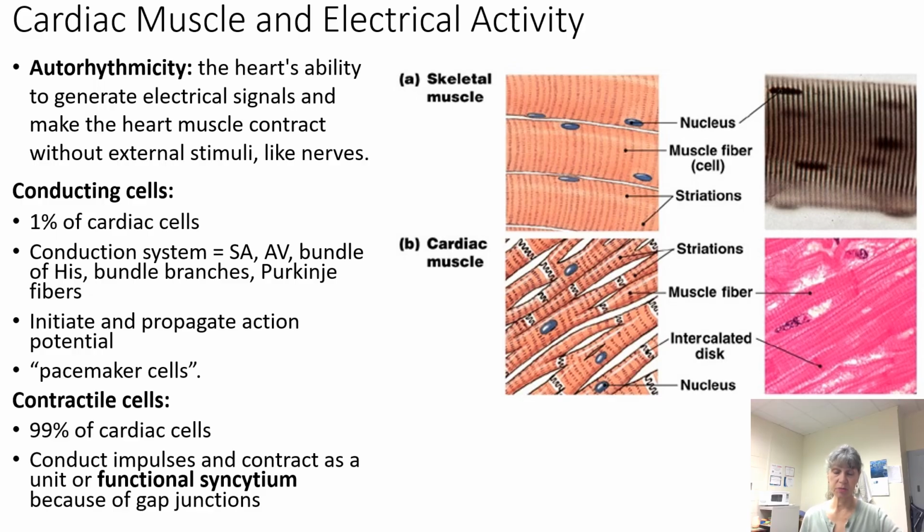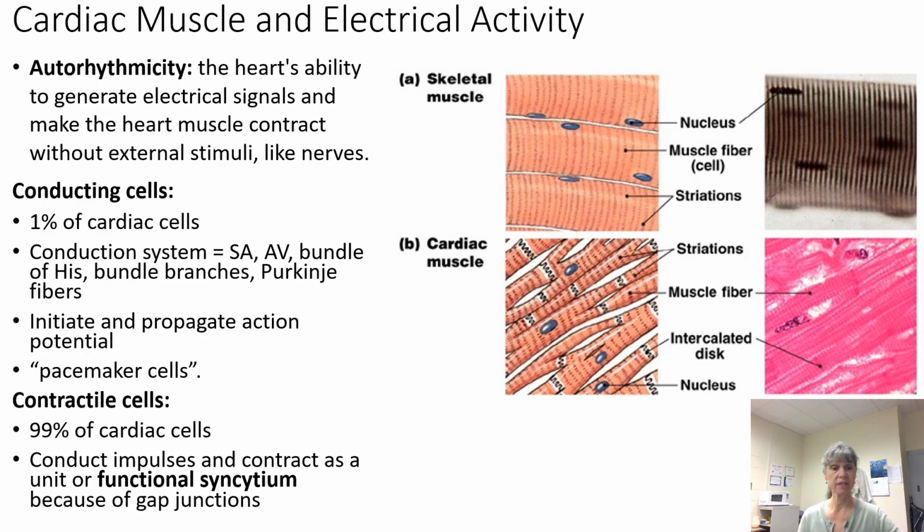Again, these specialized cells, pacemaker cells or cardiac conducting cells, will initiate and propagate action potentials without the external help from nerves. The remaining 99% of cells within the heart are contractile cells, so they are going to help continue to conduct the impulses, and by doing so they are able to contract as a unit or functional syncytium, and they can help continue the impulse conduction because where those muscle fibers are connected at the intercalated discs, we have